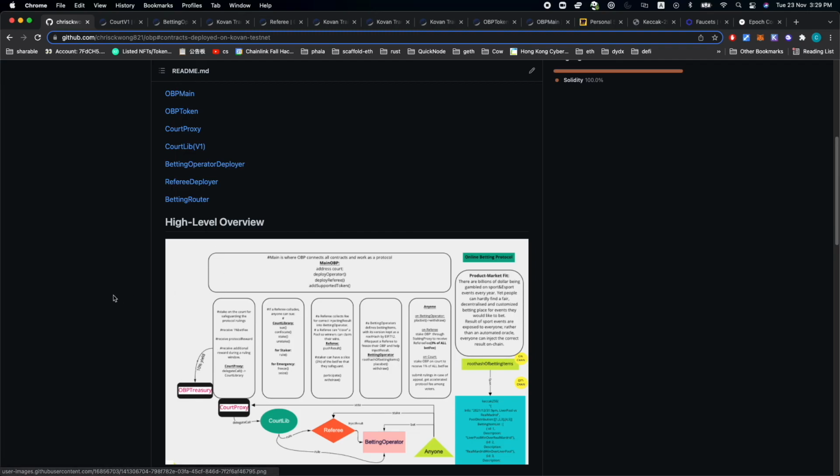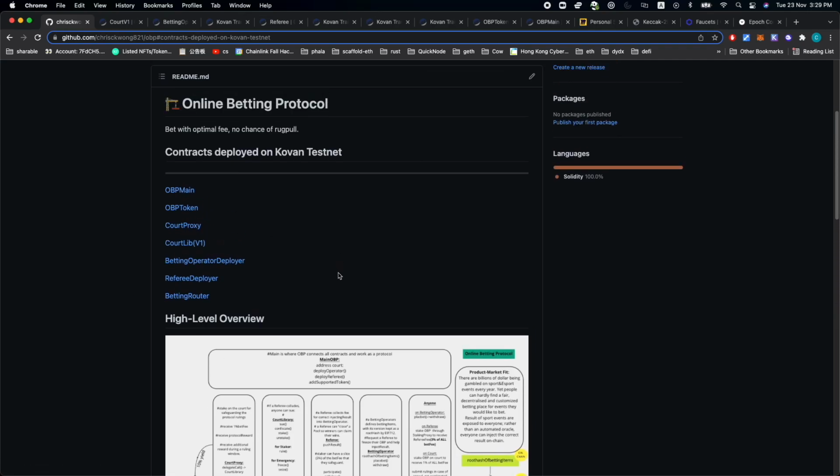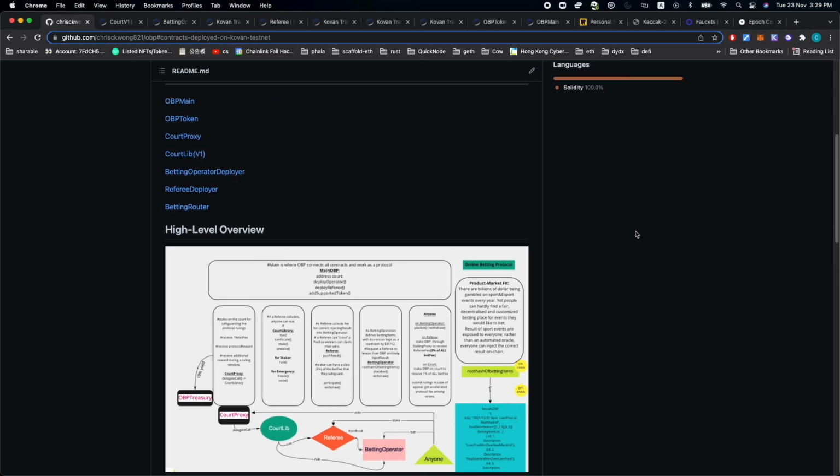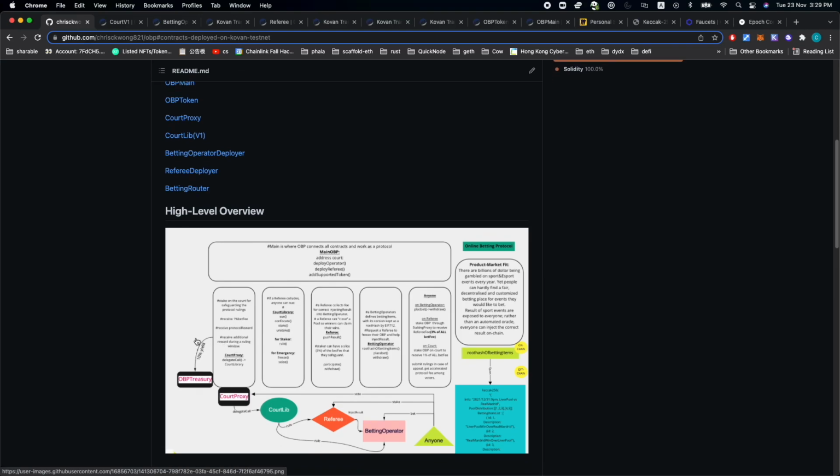And on the court, whoever has OPP and stakes there would be eligible for voting. So holding OPP and staking in the court would give you the power to safeguard the accuracy of the protocol. And since the hash of the betting operator as well as its details is all open source,